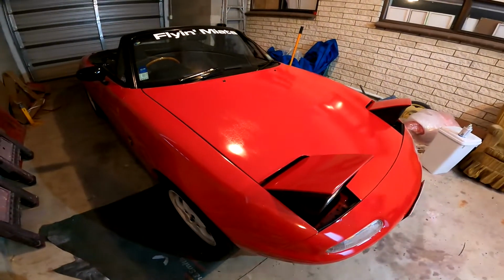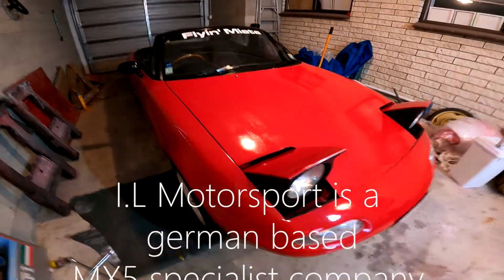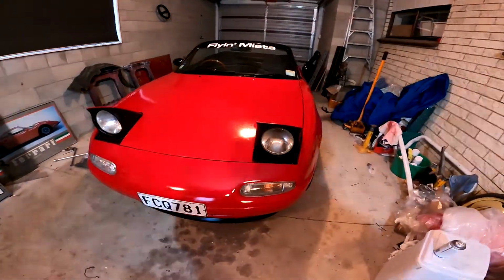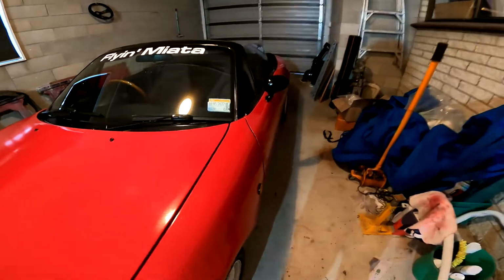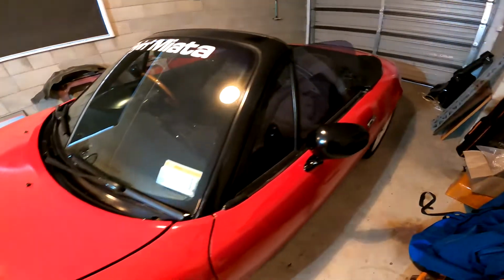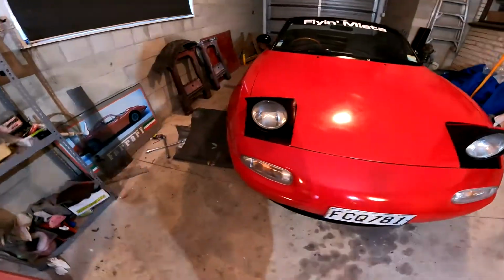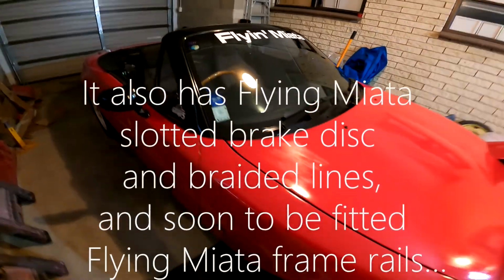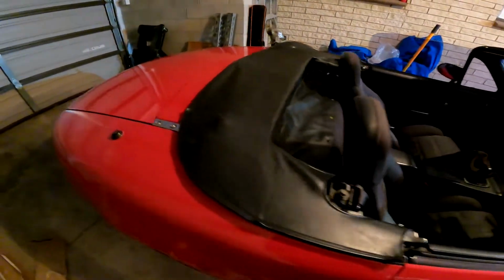I rebushed all the suspension arms, and they were IL Motorsport suspension bushes. They're still rubber, but they're about 40% stiffer than stock, because I didn't want poly bushes. I've had them in cars before and it kind of spoilt some of the fun, made the car a little bit too serious. This one also had BC Racing coilovers on it, but I took those off and I went back to stock, because you can't really daily a car like this with stiff suspension and enjoy it as much as I'd like to anyway. So I went back to stock,